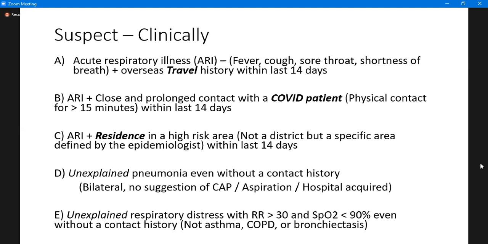There have been some patients who have been diagnosed, that's very rare, without fever, but with cough, sore throat, shortness of breath. That can happen, but that's not a frequent occurrence. Usually patients with COVID illness have fever plus 1 or more of cough, shortness of breath, and sore throat. So first thing is to see whether the patient has acute respiratory illness as defined here with these 4 features, and then check, have they